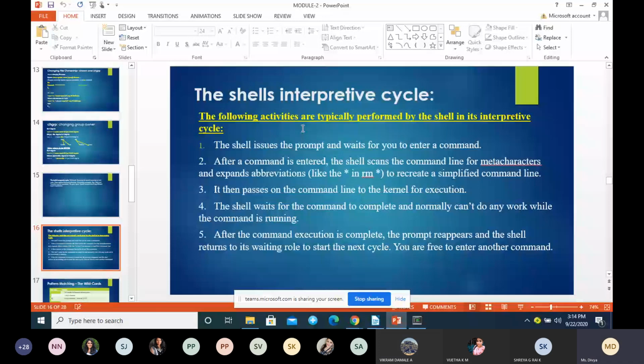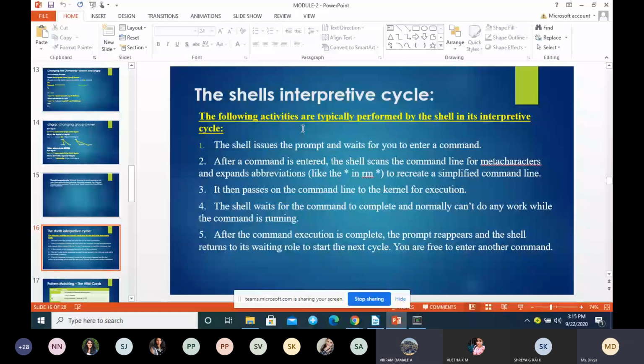As a user, you give an input to the shell, in the form of a program, or it can be a shell script. The shell will execute that program with the help of the kernel and give the output to the user.